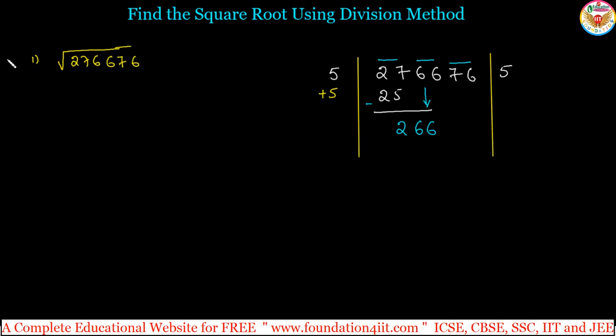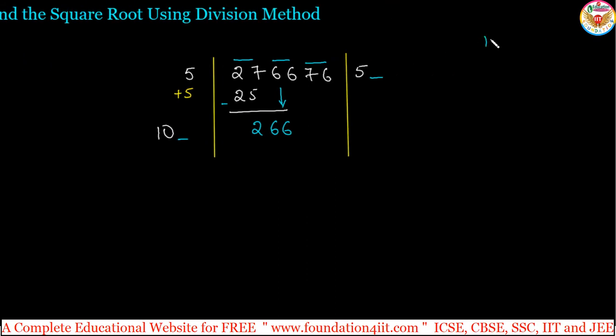After taking this down, on the left side, whatever number is there in the units place, you add the same number to this. Then 5 plus 5 is 10. It is already a single digit, so that number only can be added. That is 10. Now 10 is here, and we have 266. After 10, the next place should be the same number, means 101 into 1 or 102 into 2, until you get below 266. You can do the rough work.